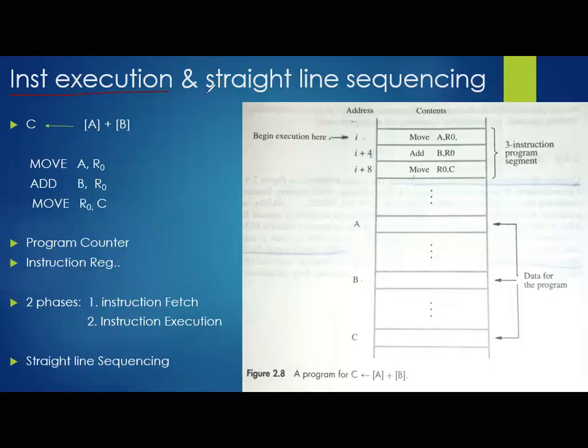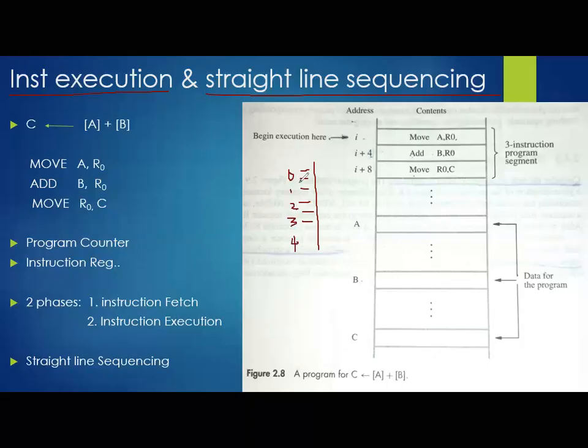Now, what exactly does straight line sequencing mean? The name only indicates a straight line, along with some sequence. When we call it a sequence, it is 0, 1, 2, 3, 4.